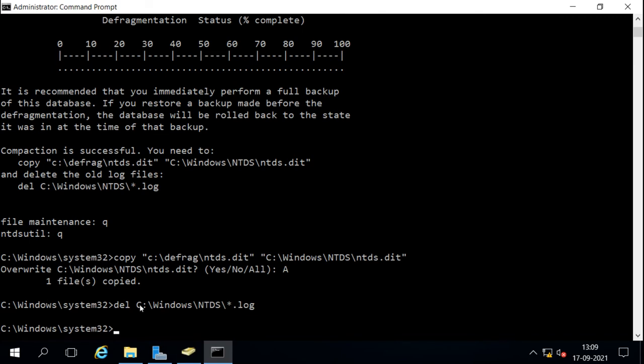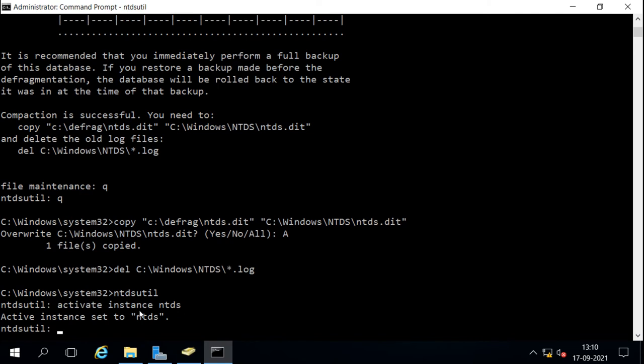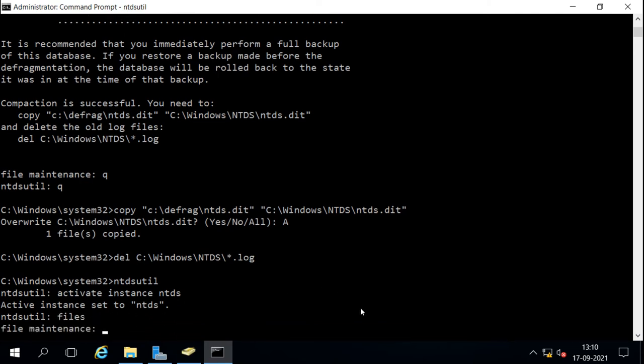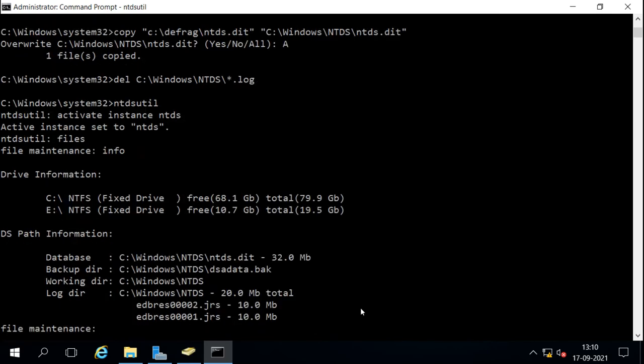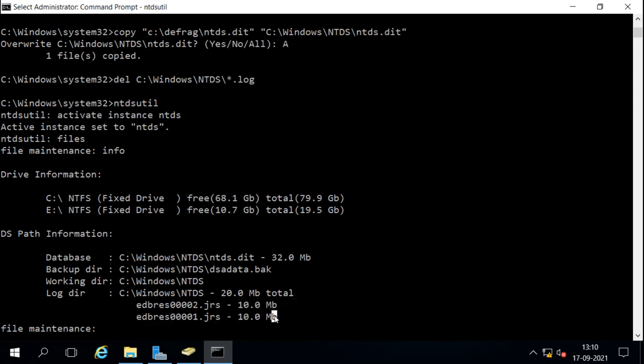Now I will go back to NTDS util, activate the instance, then I will go to files, and I can check the info, and now we can see it is showing 32 MB, and there is no log file available. Only reserve files are there, because the log files are already added into the database.